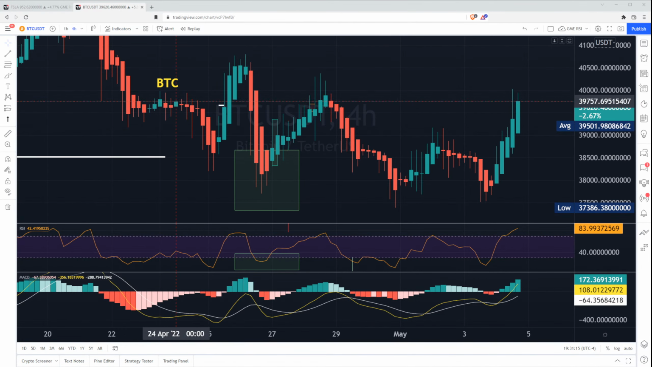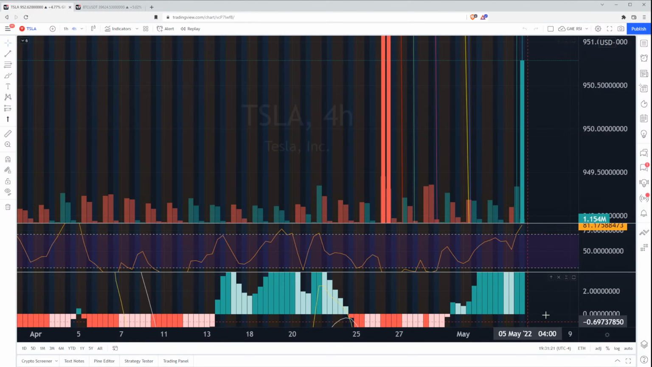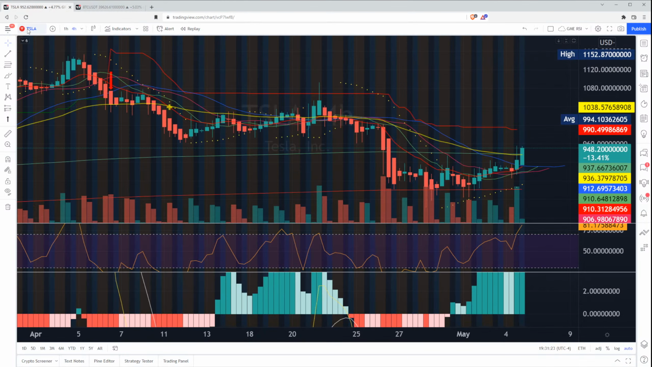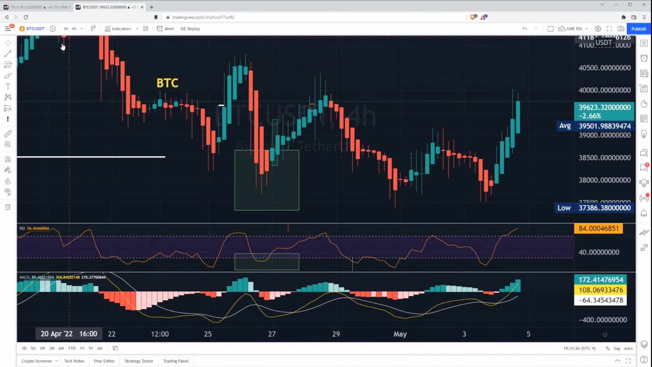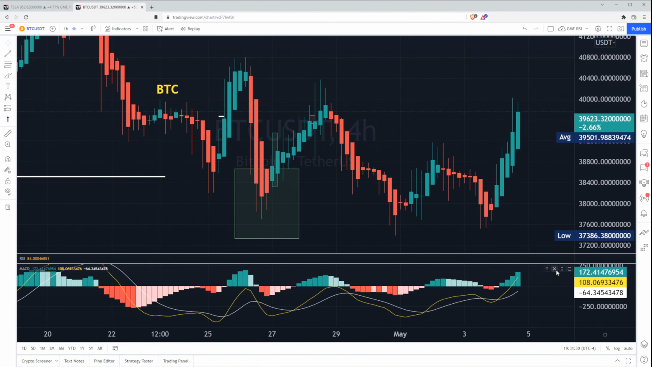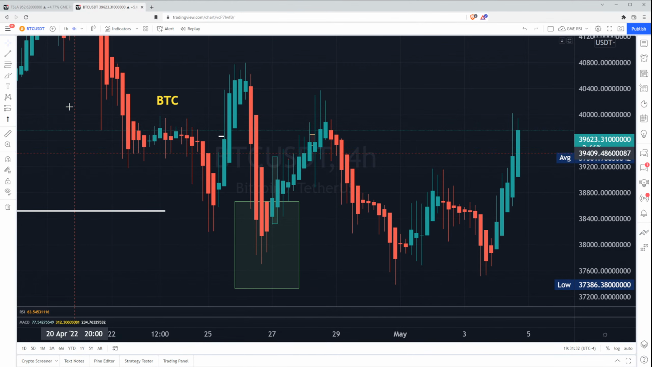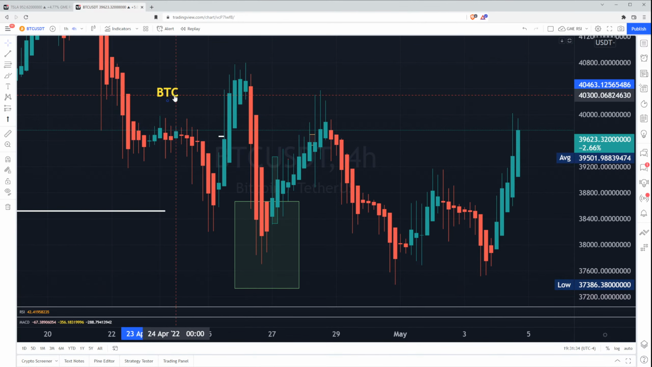I already have my Bitcoin chart up, for example. It does have some of the indicators on here that I will be showing today, but I also have a Tesla chart, and I will be removing all the indicators as well. Let's go ahead and take off all the indicators. We're going to start with a blank state, so we'll do this step by step,